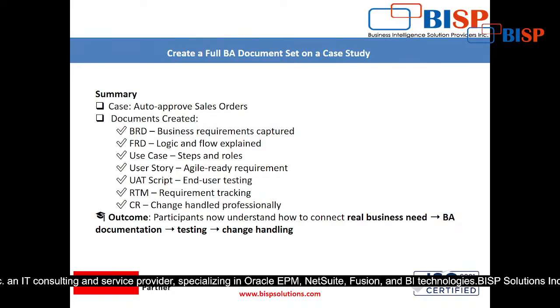And then take the appreciation document also, that whatever we have done is satisfactory to the user or the client, right? And the client is also satisfied with the work, so that type of appreciation letter will also be there. So there are so many things. In today's session, we have seen how to complete one use case using all the documentation. These are the list of the documentation: BRD, FRD, use case, user story, UAT script, RTM, requirement tracking, and then the change handled professionally. That means the change request document. Okay,